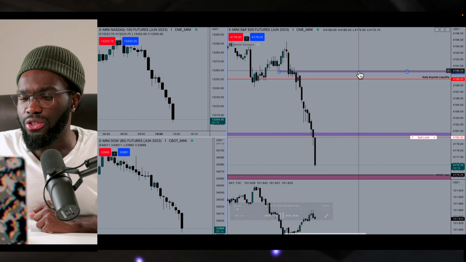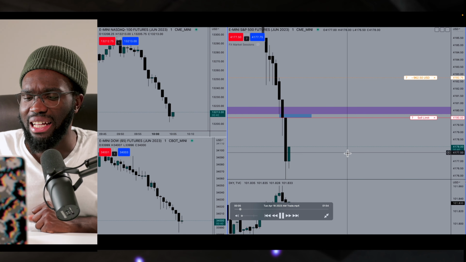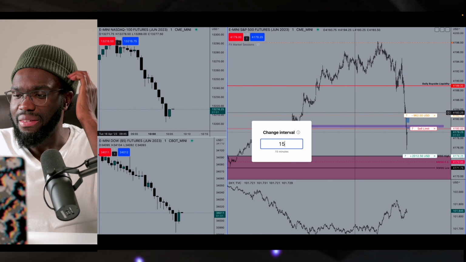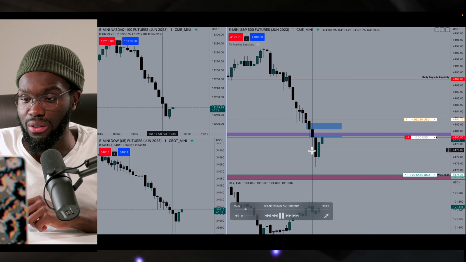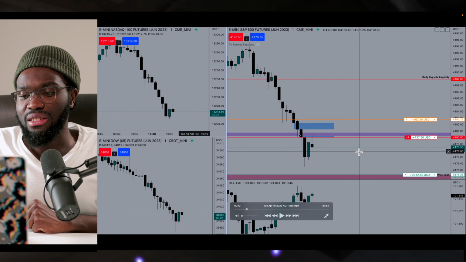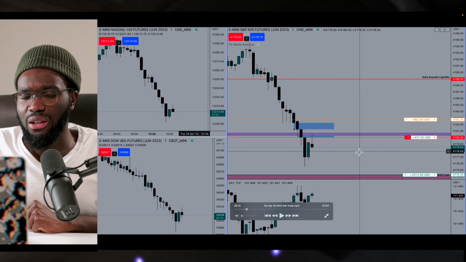Okay, so this was after 10 a.m. And we had a little fair value gap on 1 minute, and that's after the 5 minute fair value gap. I was expecting that to become an inversion fair value gap. So the purple box right here, I was expecting that to be an inversion fair value gap, which it did. And then there was a 1 minute fair value gap here, which is my entry, and you notice this other fair value gap here, I was expecting that with my stop.